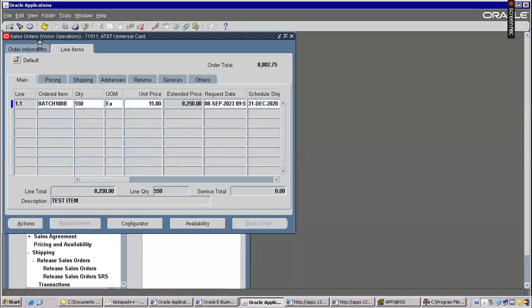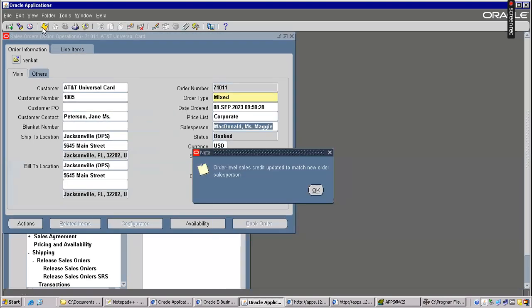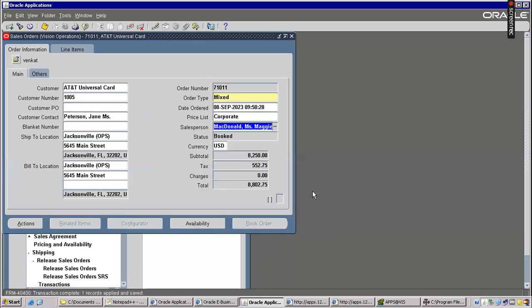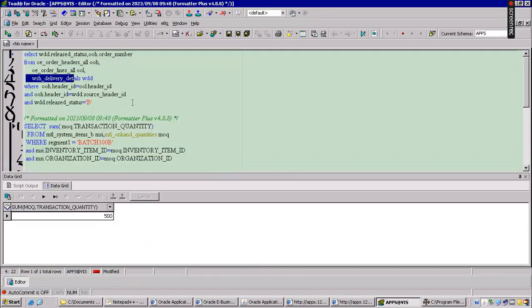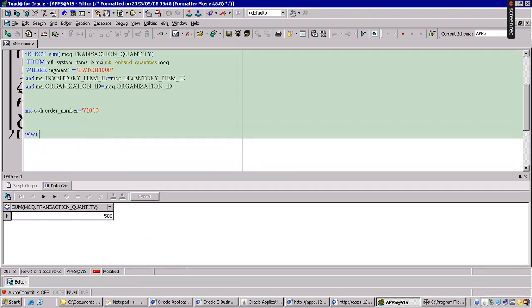Sales representative, we can see in this. This is the place, so you have to add any one of the sales representative. Okay. Save. Now, to identify the table name behind this, if you don't know anything about sales representative, there is a table